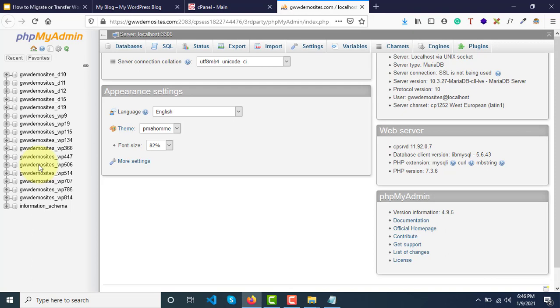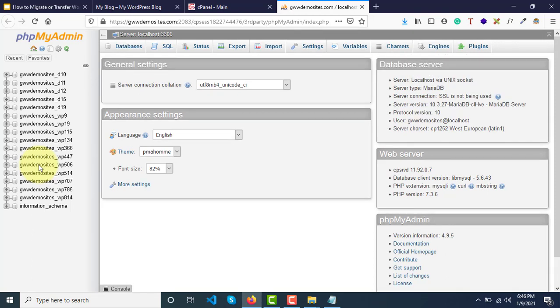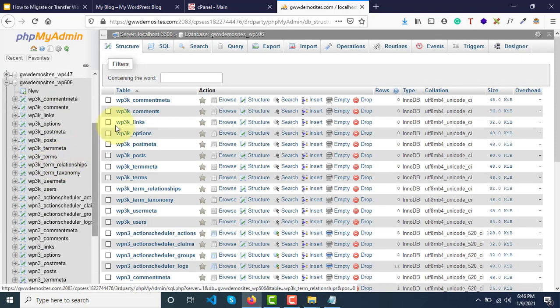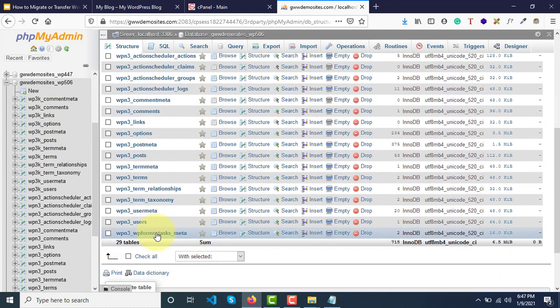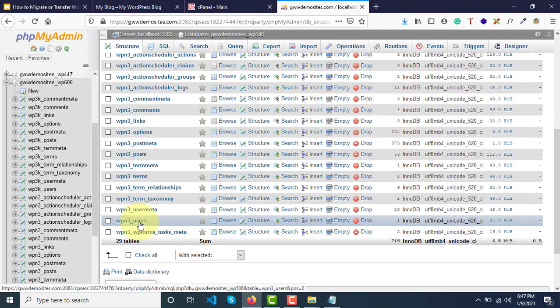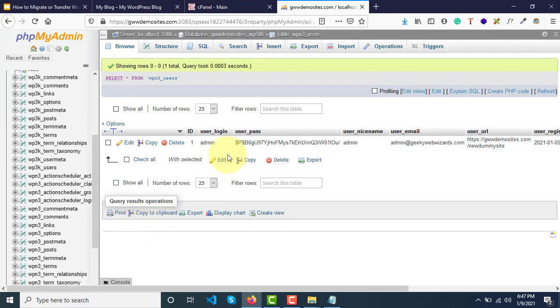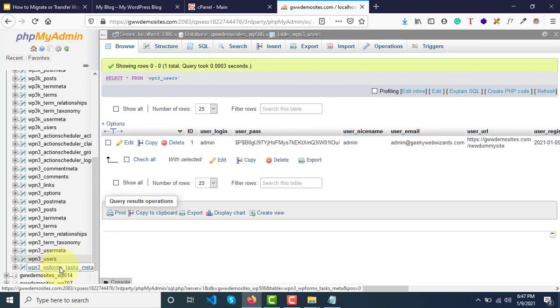So here what we need to do is go to this 506 site database, scroll down and go to WP users. In this table, first thing is you need to update the password if you don't remember the old password. And then once you remember the password and still you are not able to log in, then you'll have to